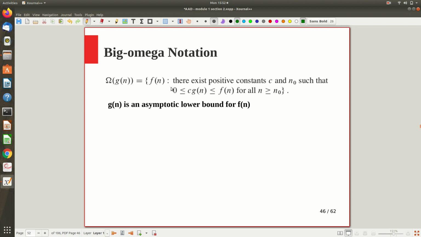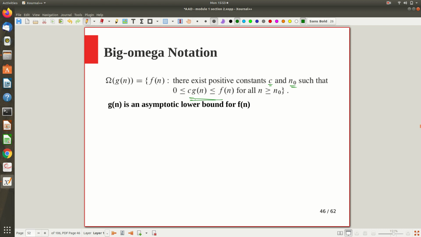It is the set of all functions f of n such that there exist positive constants c and n0. All those things we already saw in big O, I am not repeating them here. Hope you already know these things, and we want everything to be positive: positive function, positive constants, that is 0 less than or equal to. Now the condition changes. In big O notation, f of n is less than or equal to some constant c into g of n. Here c into g of n is less than or equal to f of n,